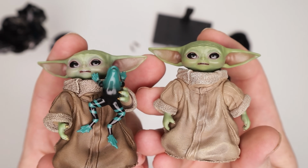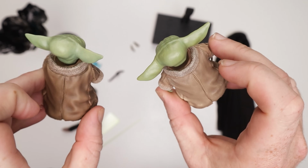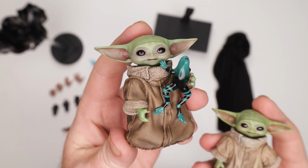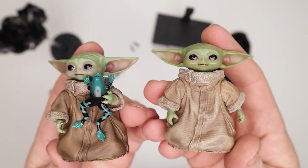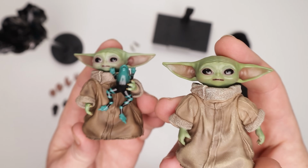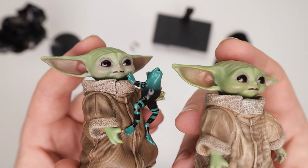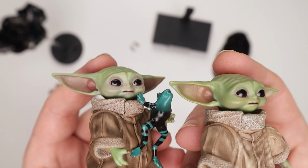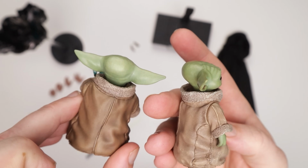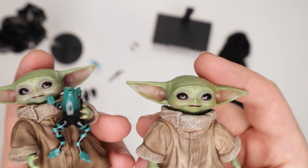But essentially, mouth plates, the sculpt of the cloak, the feet, everything is exactly the same except for the paint application. So obviously the one with Ahsoka came a little bit darker, right? And then the Luke has this one, which is in Mando season 2. And then this was like Book of Boba Fett. So it's a thing. The paint application in the ears is different. For those who are curious, this one's a more magenta purpley color, and this one's a little lighter on the application of that. But for all intents and purposes, exactly the same. So this should be interchangeable if you wanted to. But you can change the...